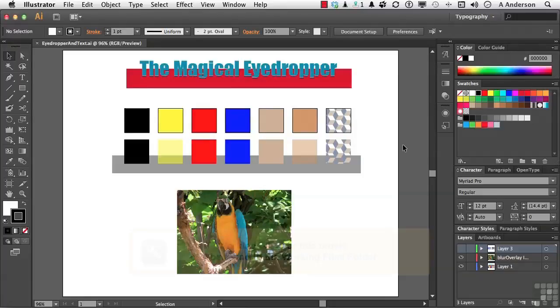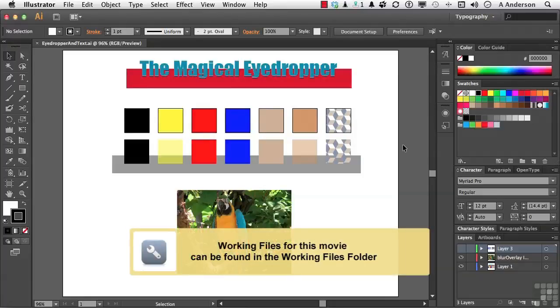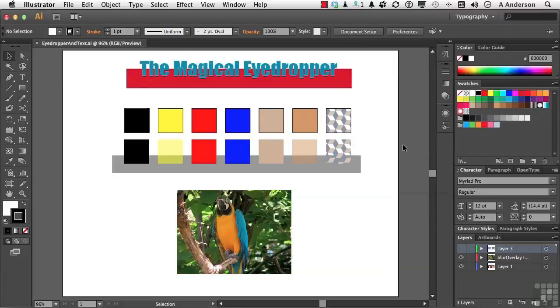Go ahead and open up a document in your work folder called Eyedropper and Text.ai. What we want to look at here is the eyedropper in Adobe Illustrator and how it's very different than, say, the eyedropper in a program like Adobe Photoshop. Now, in Photoshop, when you come over here, and there it is, when you pick up the eyedropper tool and